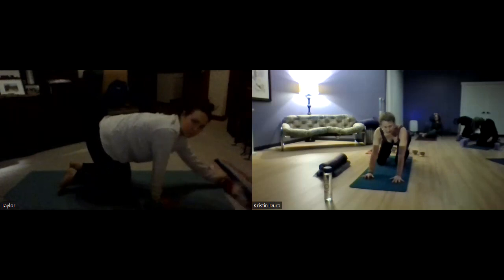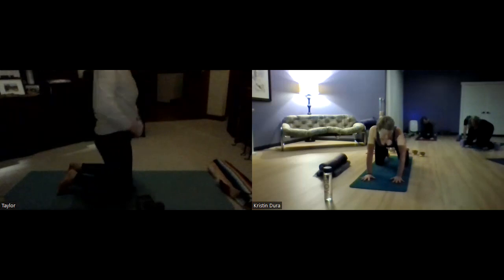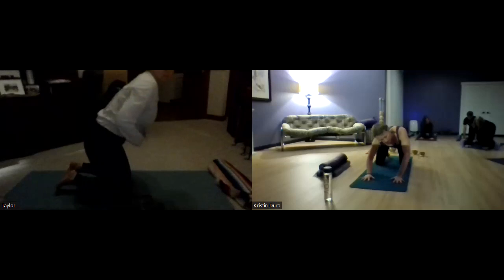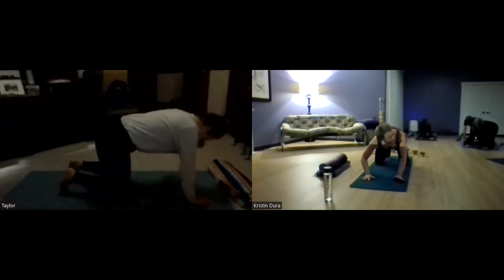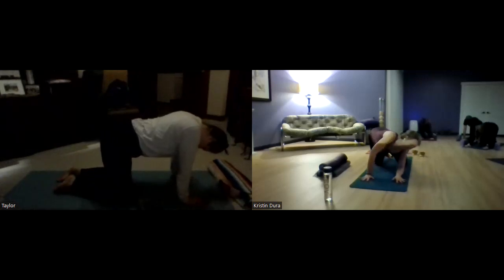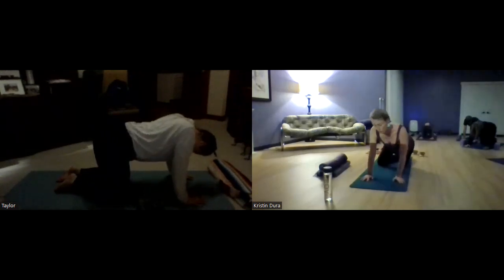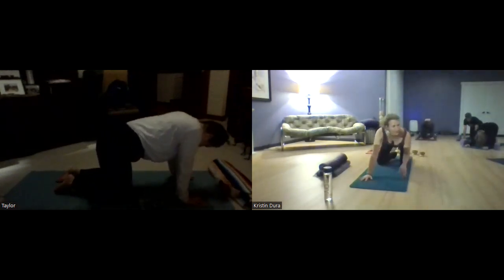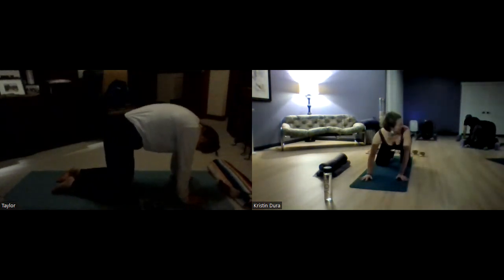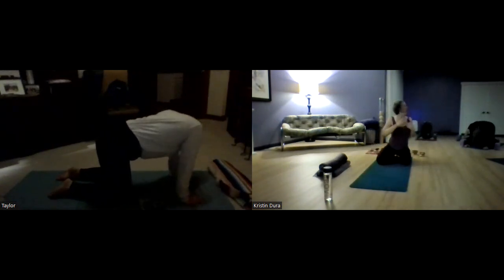And we're going to close the eyes here and just simply explore the body. So nobody's looking at you because everybody's eyes are closed. And the idea is to simply feel how the body wants to move and see if you can sweetly meet what is being asked for. And if hands and knees is not being asked for, do something else. Go somewhere else. Make